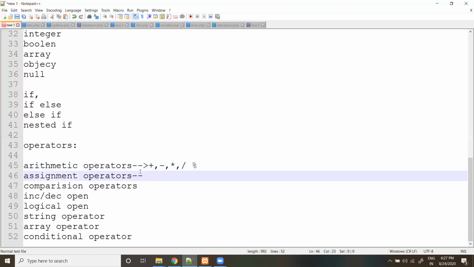The assignment operators we get like equals to. This format I will discuss later.